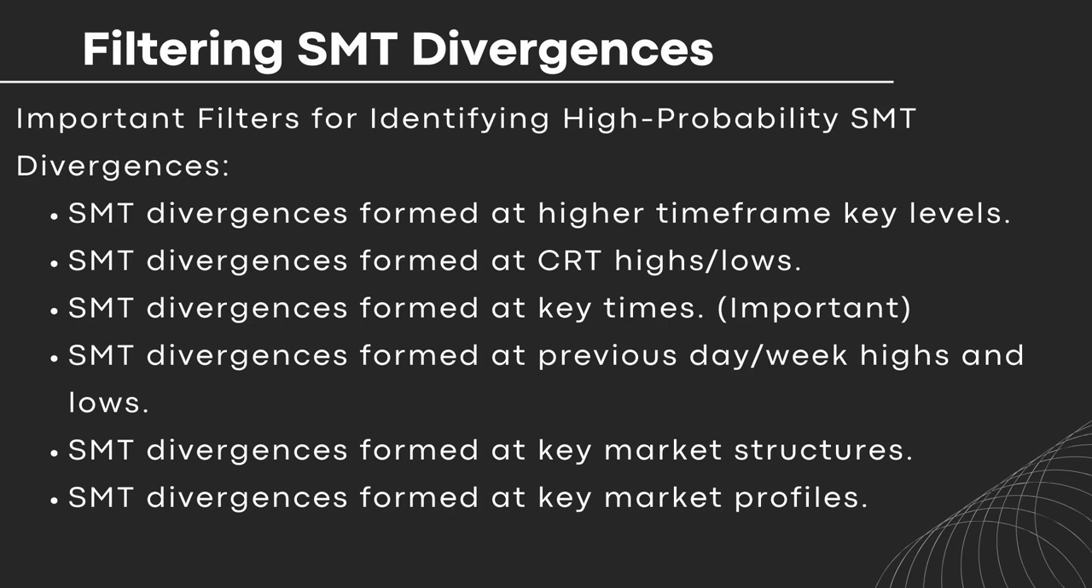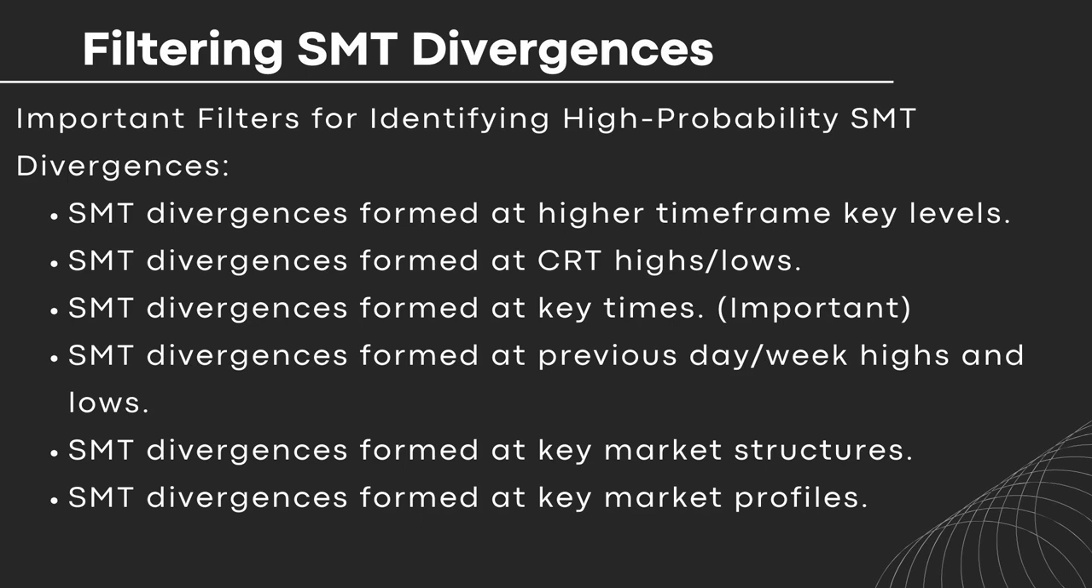The third main important point is SMT divergence is formed at key times, right? Now we know that time is important in price. We must match key levels with SMT divergence, but also at the same time, you have to look for high probability SMT formed at key times, right? For example, during London Open, during 3 a.m. or during New York Open, you're only gonna trade these type of SMT formed at key times. If it's formed during the Asian session, then obviously you're not gonna trade it because that's not a key time